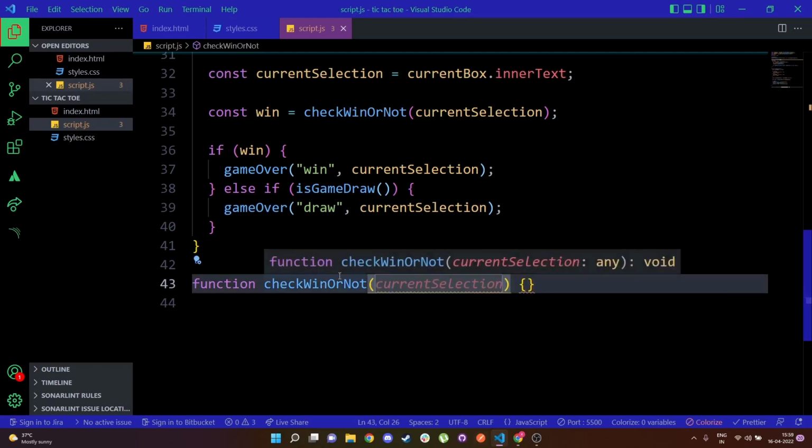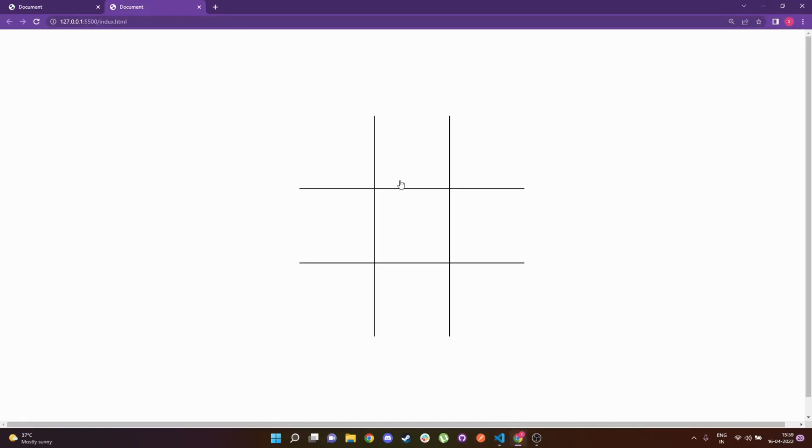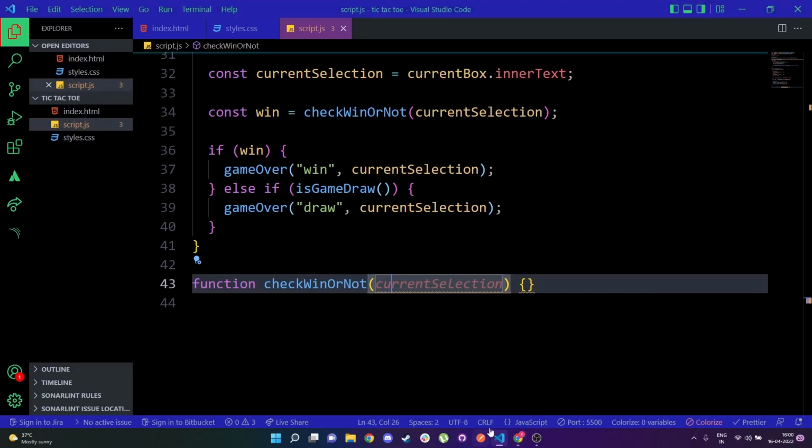So how do we check whether a player has won or not? There are certain combinations over here for which a user wins. So those combinations are nothing but something like this. If it's this box, and this box, like this, and this. If these three are X or O's, then it's a victory. Similarly, if these threes are X or O's, it's a victory. These threes are X or O's, it's a victory. So these are possible combinations, and only in these certain combinations the victory will be possible. So they're going to be something like 0, 1, 2 or 0, 3, 6, and similarly for these, whatever the indexes will be. So we need to make all these possible combinations and store them in an array, and